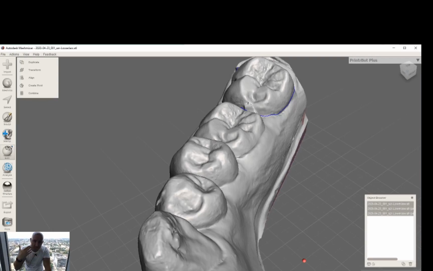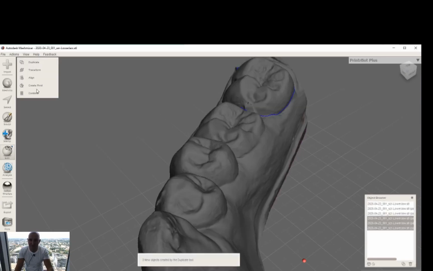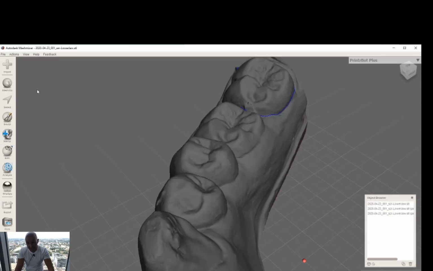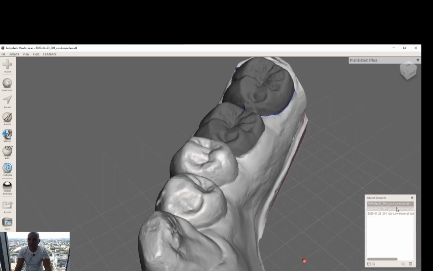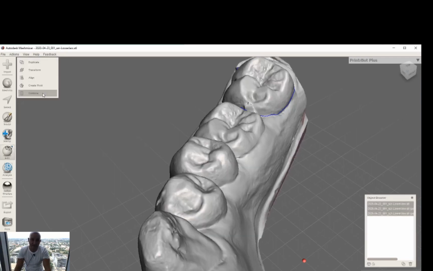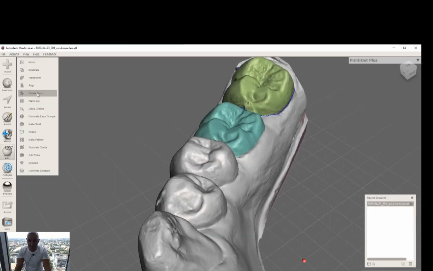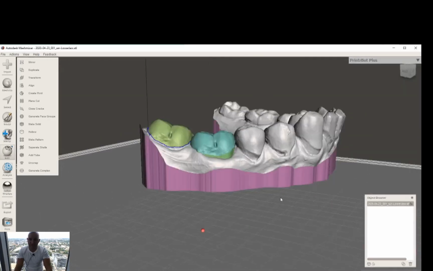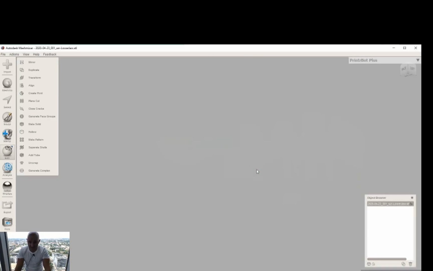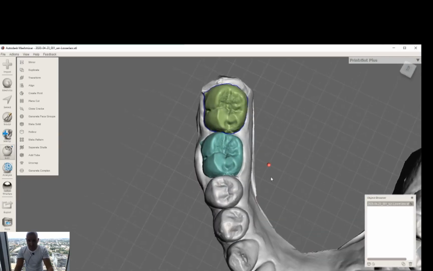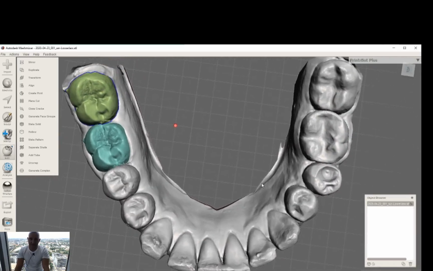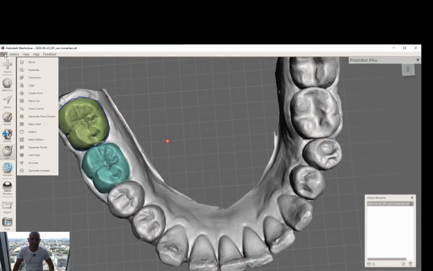In fact, it does not need to be in a very accurate position, because it's just for placing. Or maybe if you design the crown, then you need to adjust it much better. For these purposes I just place it like this, and I export this model again as an STL file to use